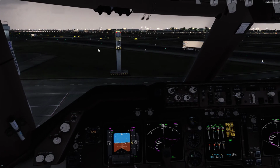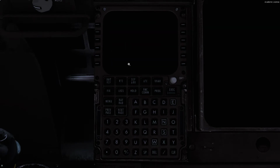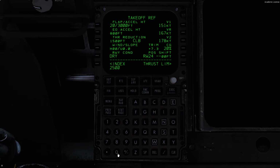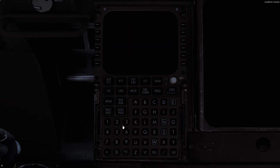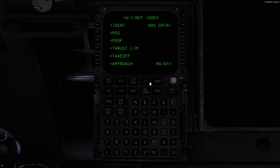I believe though, actually, those textures. It is 20/3000, and the EO acceleration height is at 2,500, and this is up to the thrust reduction at 3,000, like so. That is actually what I think it is, even though the transition altitude is at 3,000 feet at Amsterdam Airport, Schiphol, like so. And we can go back to the NRF page, and we can go to the takeoff,